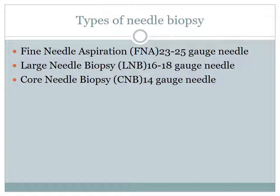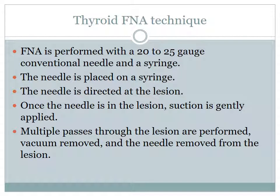We have another, large needle biopsy, 16 to 18 gauge, which is not usually used, and the core needle biopsy is a 14 gauge needle. So all these are types of needle biopsy, but the one most used for the thyroid is the 20 to 25 gauge needle. And it is a conventional needle with a syringe, and the needle is placed on the syringe,